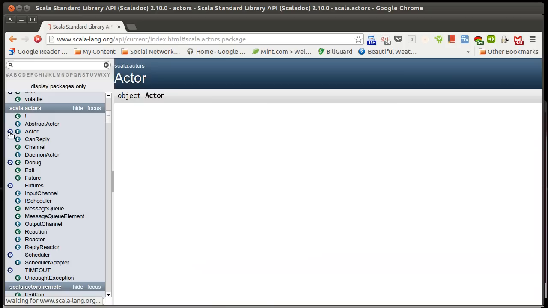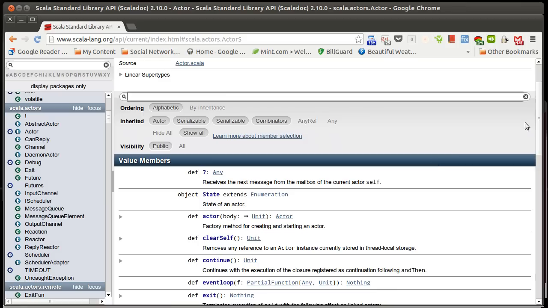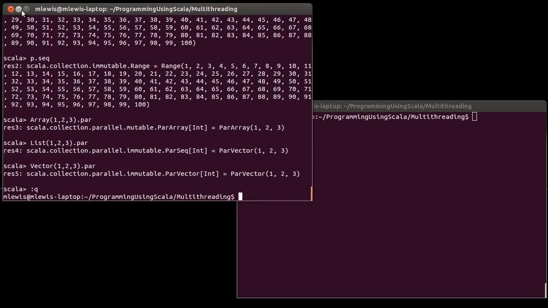First is the actor object, and the actor object has a method inside of it called actor, and you pass this method a body, which is a by name value that returns a unit. And what happens when you call this is it will take whatever code you pass into here and automatically spawn it off in a separate thread. So to give you some idea of what the syntax looks like here,